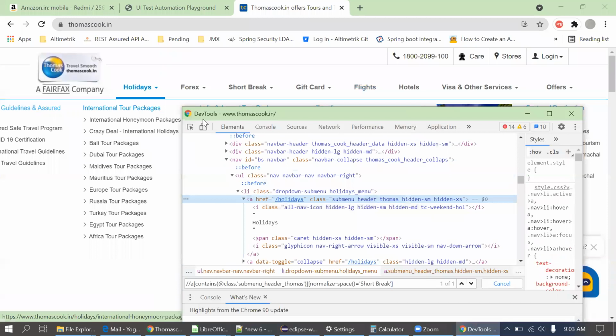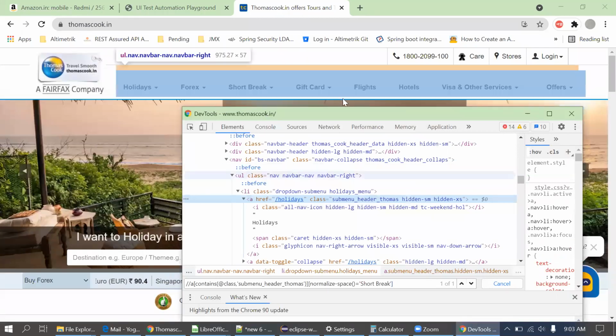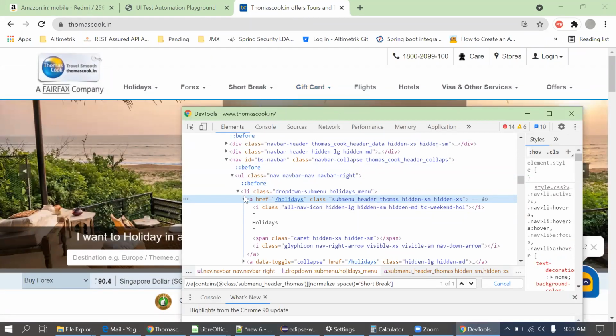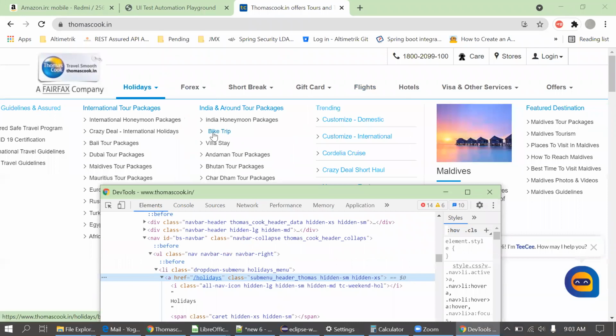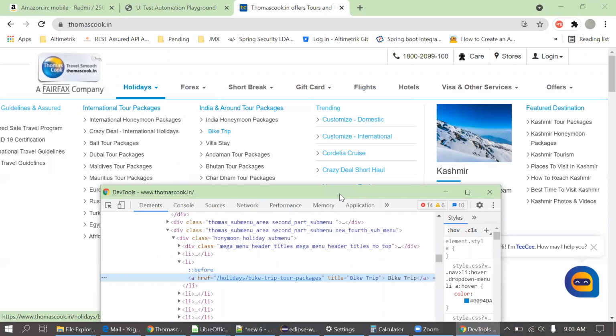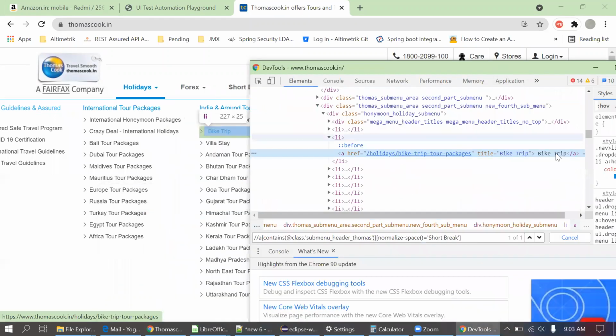Suppose I'm clicking it here. I'll look for this bike trip and inspect. Okay, so I'll create an XPath for this bike trip with text.